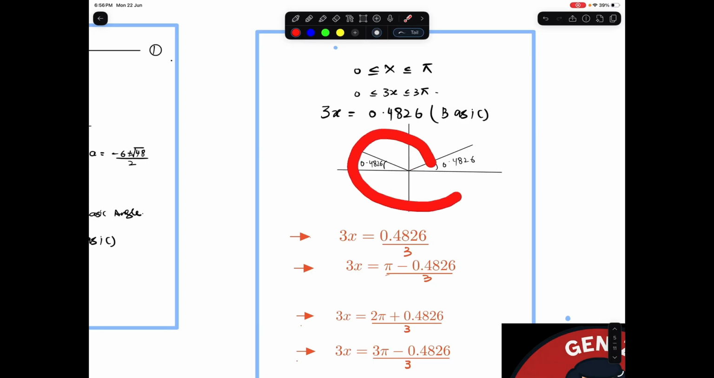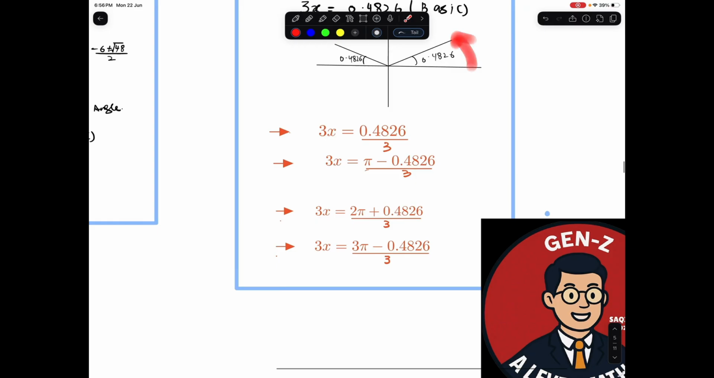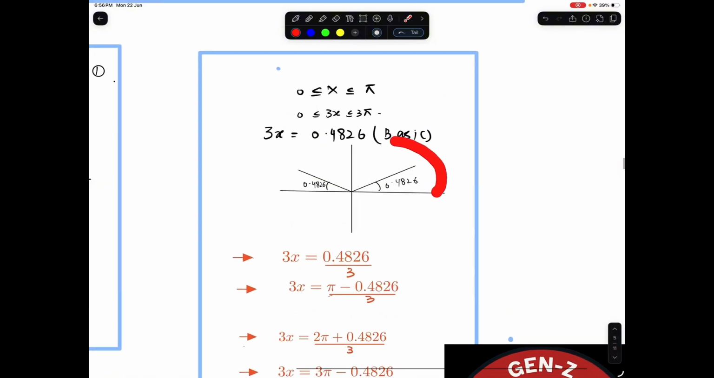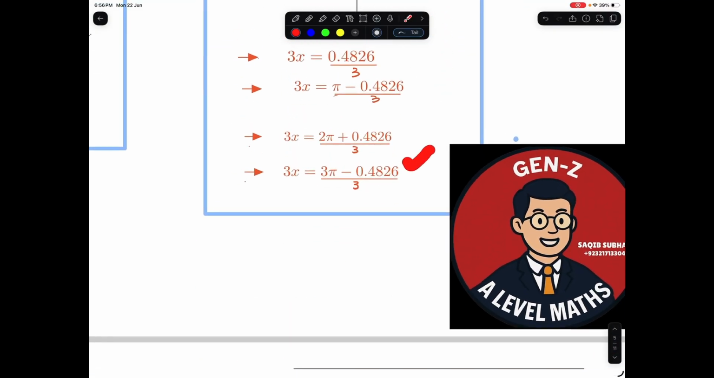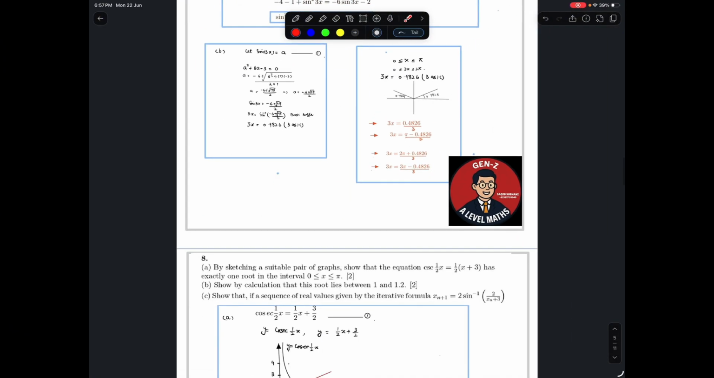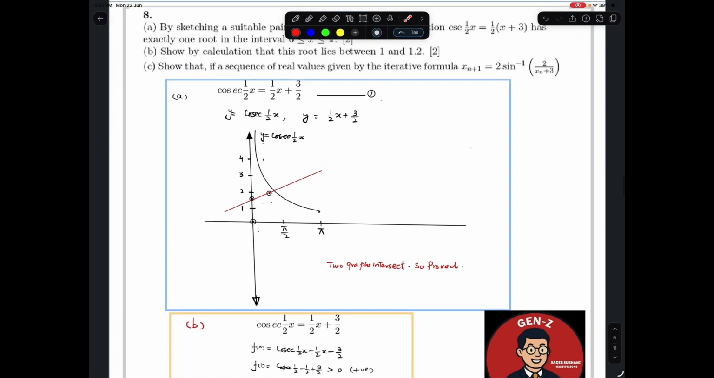फिर हम जब घूम कर आएंगे तो ये 2π हो जाएगा. फिर आ जाएगा हमारे पास 2π प्लस 0.4826 और 3x, और 3 को फिर एंड पे डिवाइड करेंगे. और ये हमारे पास यहाँ तक 3π है, तो हम ये ले लेंगे 3π माइनस 0.4826 डिवाइडेड बाई 3. तो ये आप इसके आंसर्स यहाँ पे लिख सकते हैं. ठीक, तो ये इसके आंसर्स डिवाइडेड बाई 3 करके लिख लेंगे इसको सॉल्व करके. इज इट ओके? तो दिस वाज क्वेश्चन नंबर